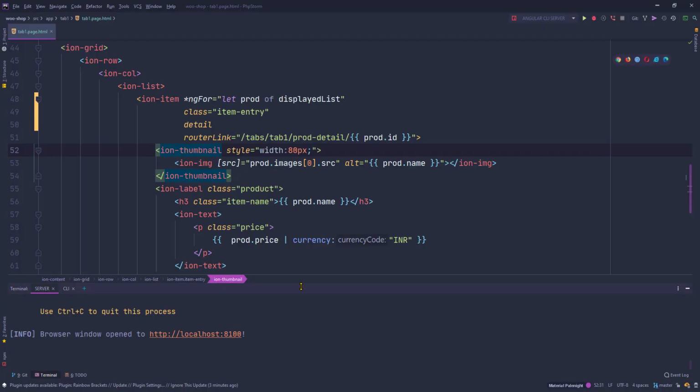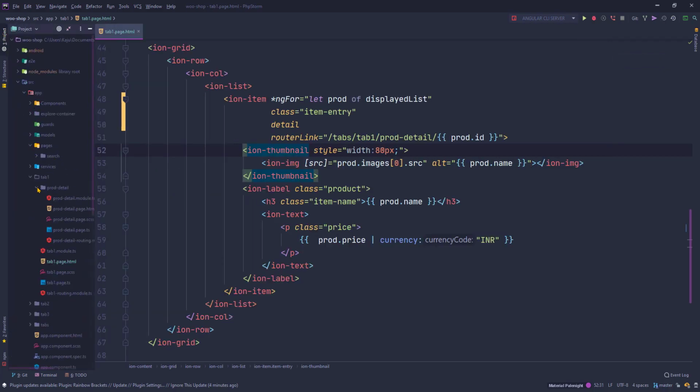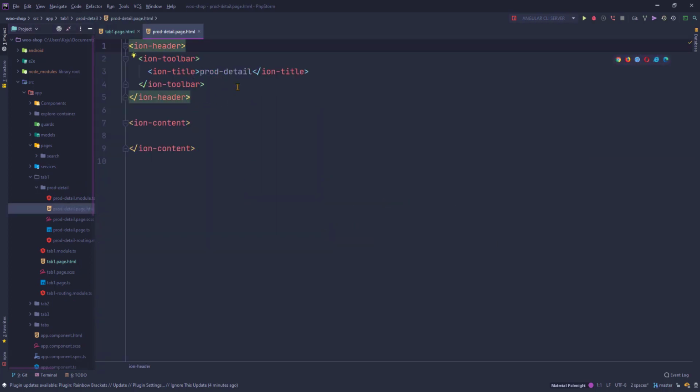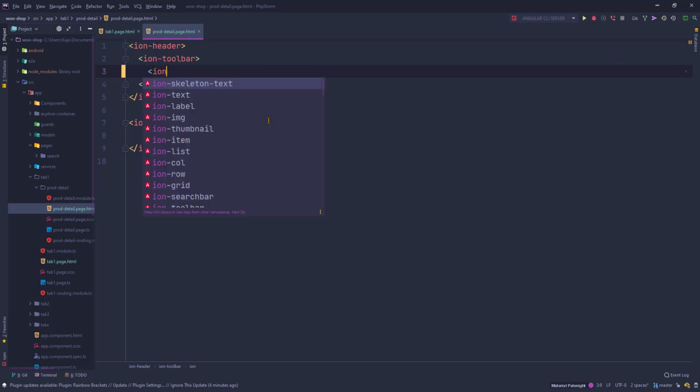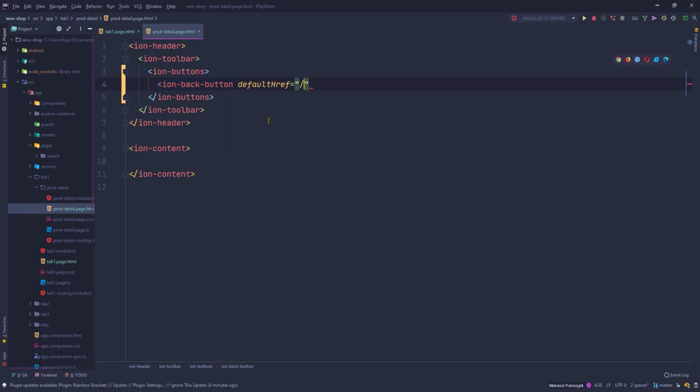So first of all, I'm gonna switch to the prod detail page here. Double click it. Let's first quickly write the markup here. So in the toolbar, we don't want to write the prod detail. We want to show nothing. Actually, we want to put a button here. That will be our back button. The default href value set to the root,